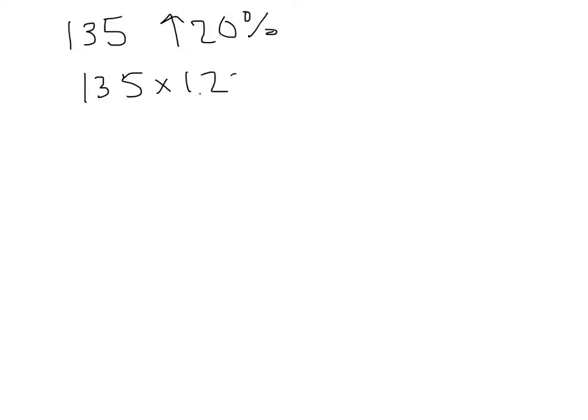The goal of this video is to explain and justify how one can quickly and easily do percent changes. So for example, suppose we start with the number 135 and we wish to go up 20%. In order to do this, it's very efficient to take 135 and multiply it by 1.20. Now, the reason you can do this is that 1.20 is 100% plus 20%